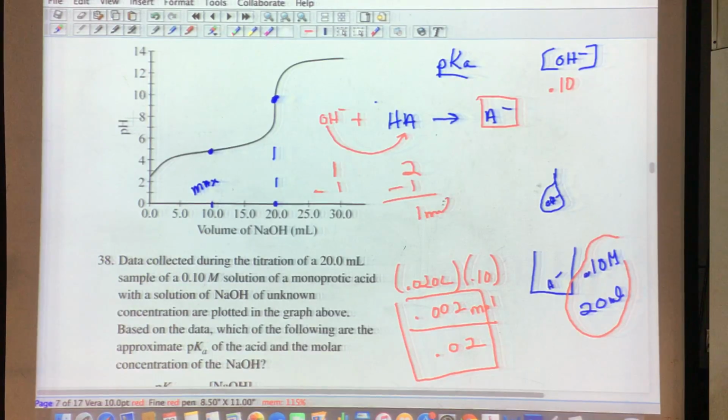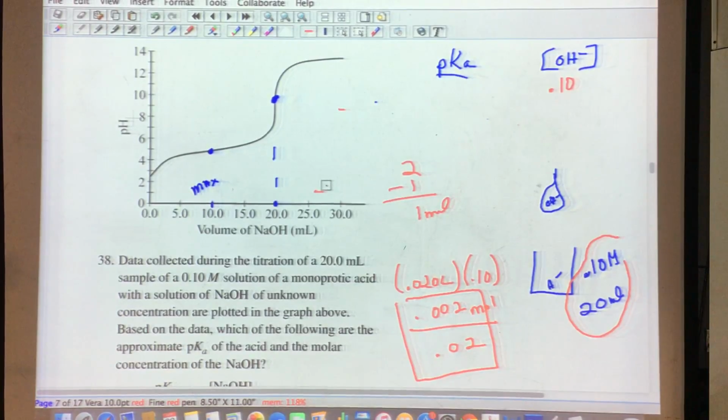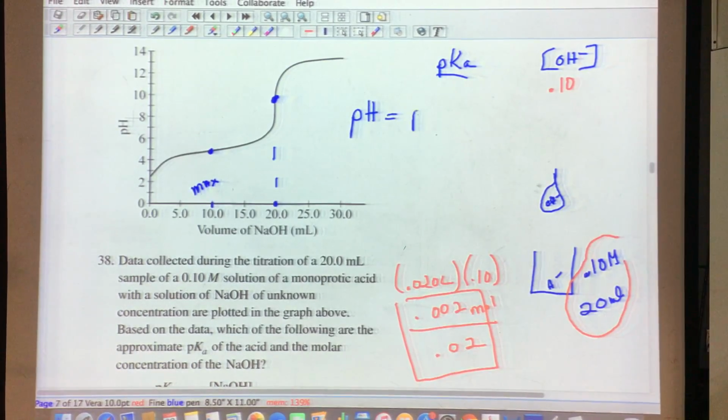1 mole left. This would go bye-bye, and I'd produce 1 mole of this with 1 mole of acid. So what does that mean? That means that when I use the Henderson-Hasselbalch equation, pH equals the pKa plus the